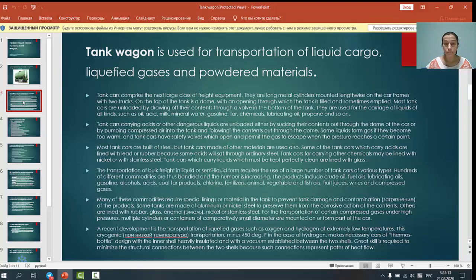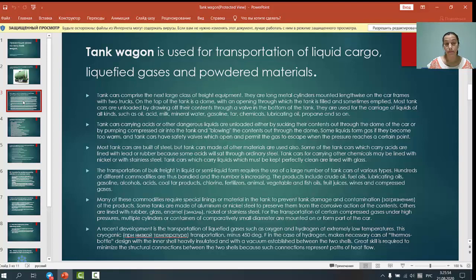aluminum or nickel steel to preserve them from the corrosive action of the contents. Others are lined with rubber, glass, enamel, nickel or stainless steel. For the transportation of certain compressed gases under high pressure,